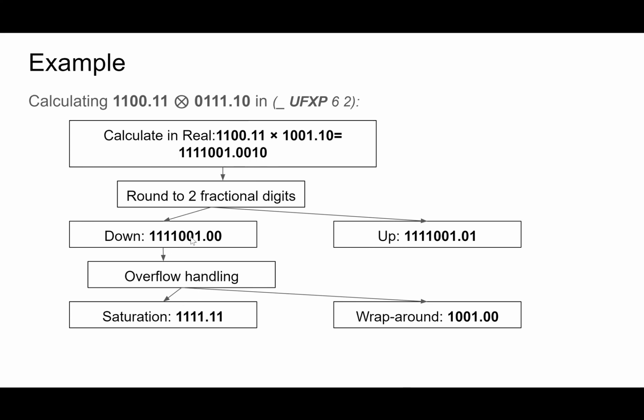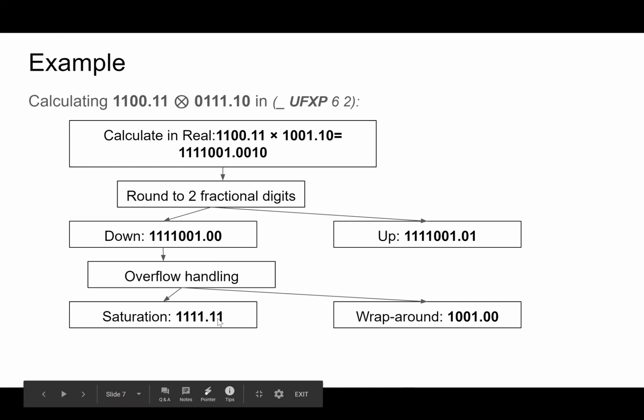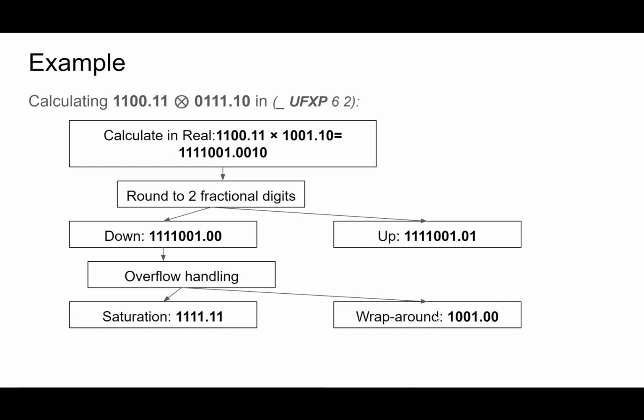If it's saturation, it's too big to store in the bit vector, so it must be the maximum number. If the overflow mode is wrapping around, then we trim down several most significant bits and just keep the 6 less significant ones